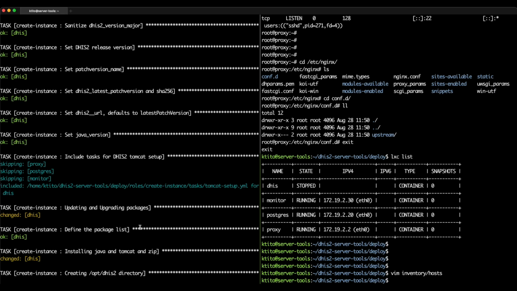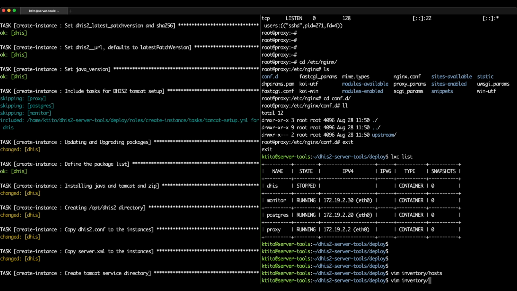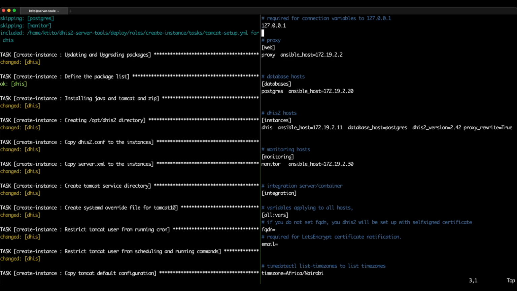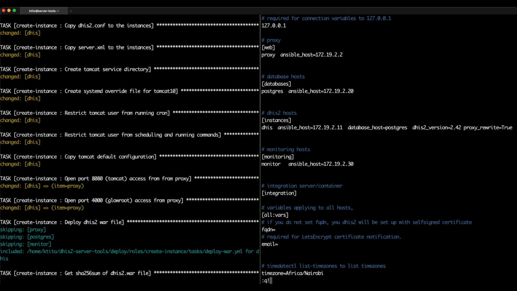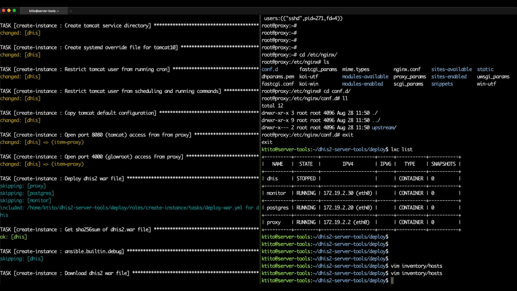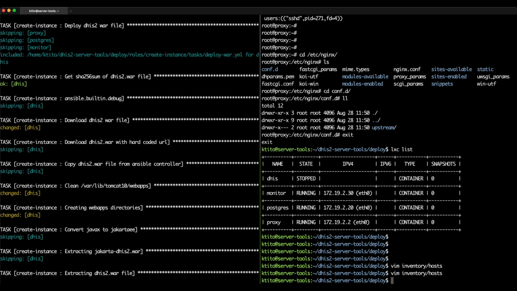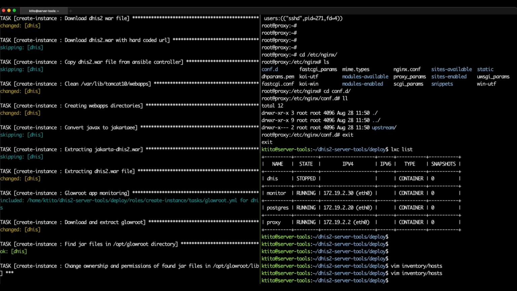So for 242, for example, because that is what's in the Vim inventory hosts, that is the version that we are installing here. Going to the line with DHIS, you see that the version that we're installing is indeed 242. You need Tomcat 10, and to be able to install Tomcat 10 with apt, you need an Ubuntu 24.04 server. And you also need Java 17. We didn't specify all those parameters, but Ansible, these tools, are intelligent enough to know that for 242 you're